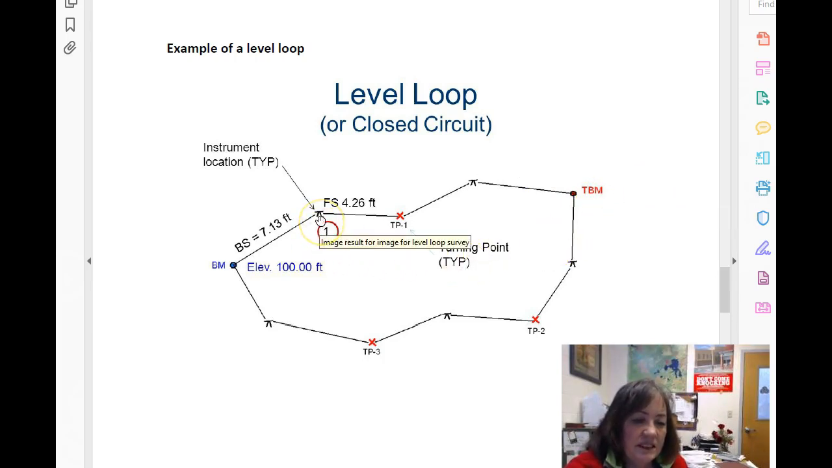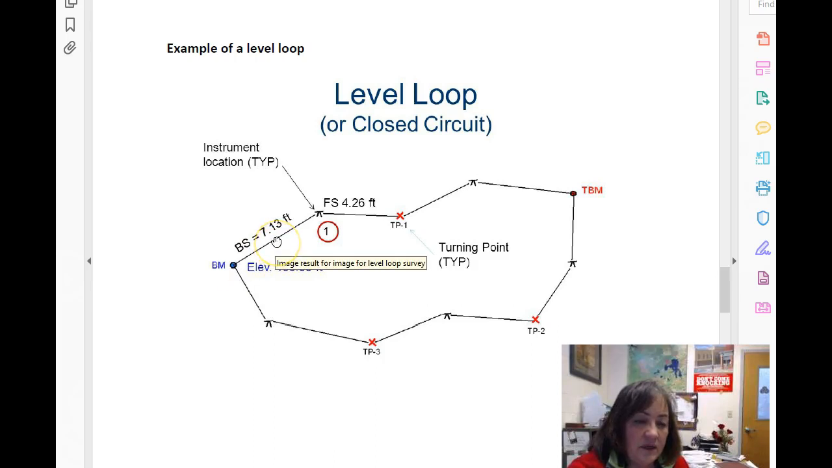But here what they've done is they set up the instrument here, and they set a temporary point right here, which means they put a spike in the ground, and they're going to shoot to it and then from it. So follow me closely here. Here's the instrument. They put the instrument here, they put the level here, they put the Philly rod here, and